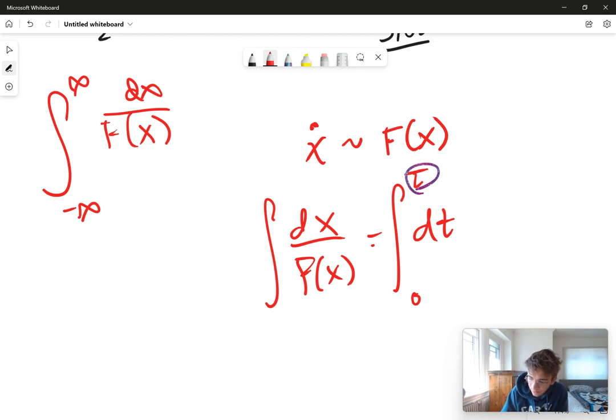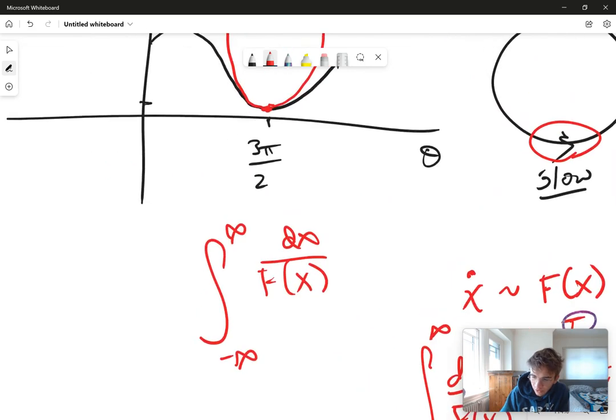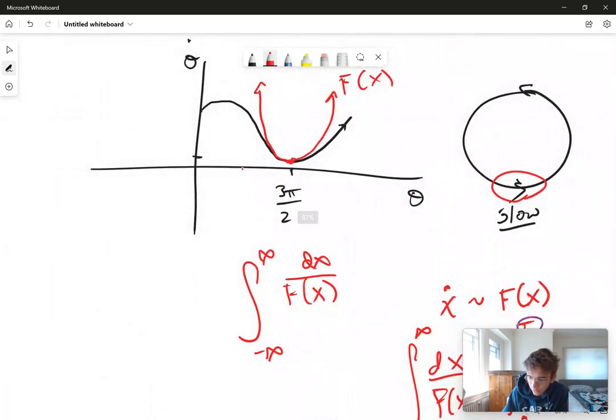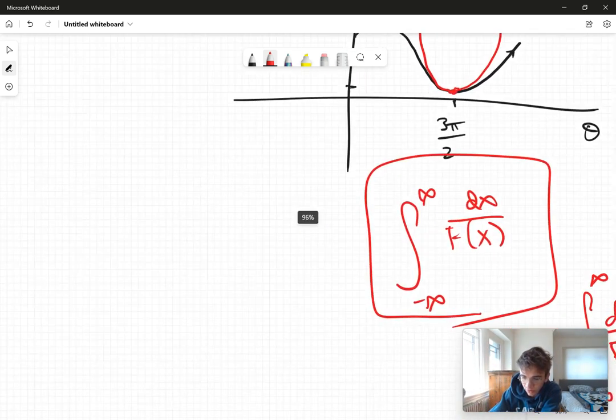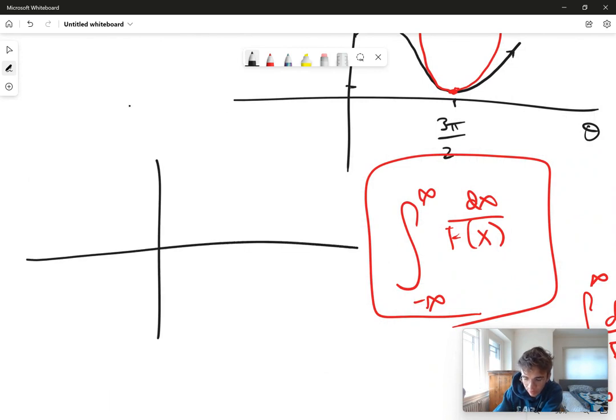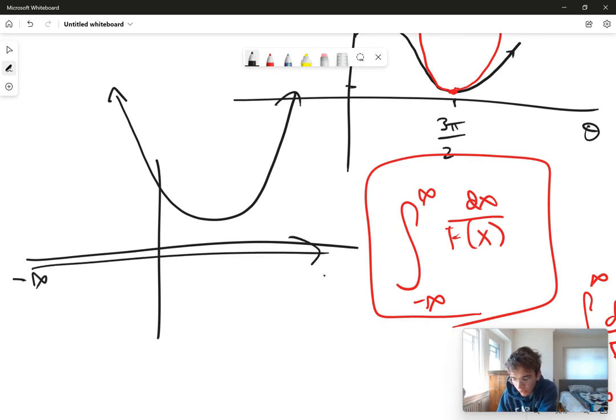And then I'm going to integrate this from negative infinity to infinity. So if I look at this integral, it is basically the amount of time that it takes for a particle, if we just look at the flow on the line and we have this parabola, to go from negative infinity all the way to positive infinity. And the fact is that this integral is actually convergent, because notice that in these regions, the particle is